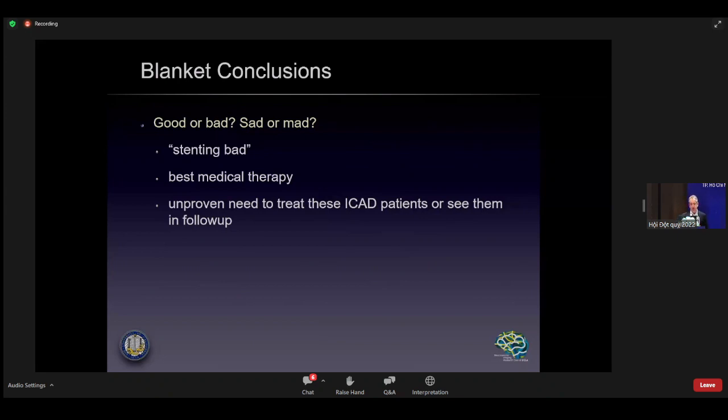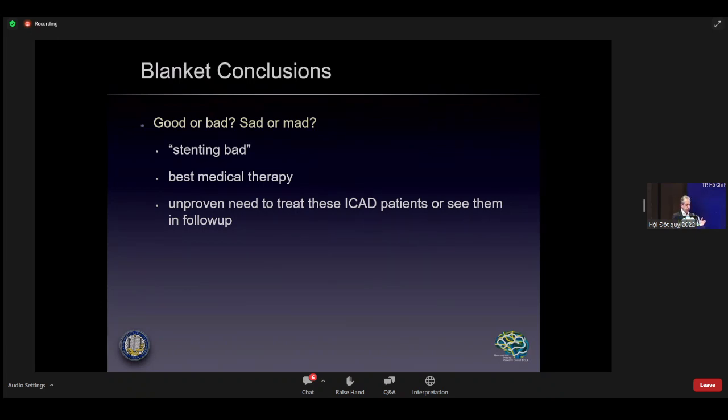For many years after SAMMPRIS, best medical therapy was dual antiplatelet therapy for 90 days. All of a sudden that changed. And now as we're doing the CAPTIVA and the CAPTIVA MRI studies in the United States, now we're treating people with 1 year of dual antiplatelet therapy in comparison to other therapies. Why? Because we all of a sudden decided that there was nothing magical about 90 days of dual antiplatelet therapy.